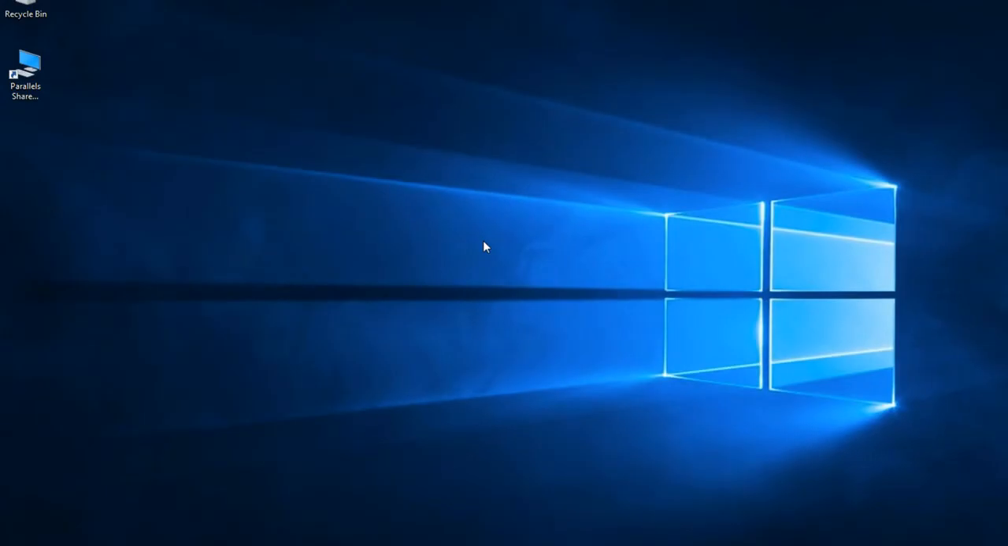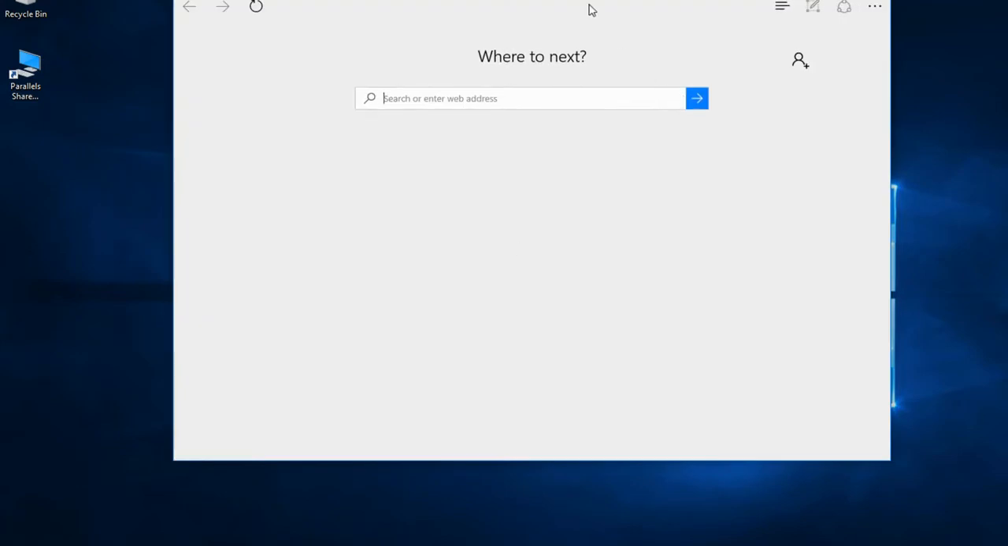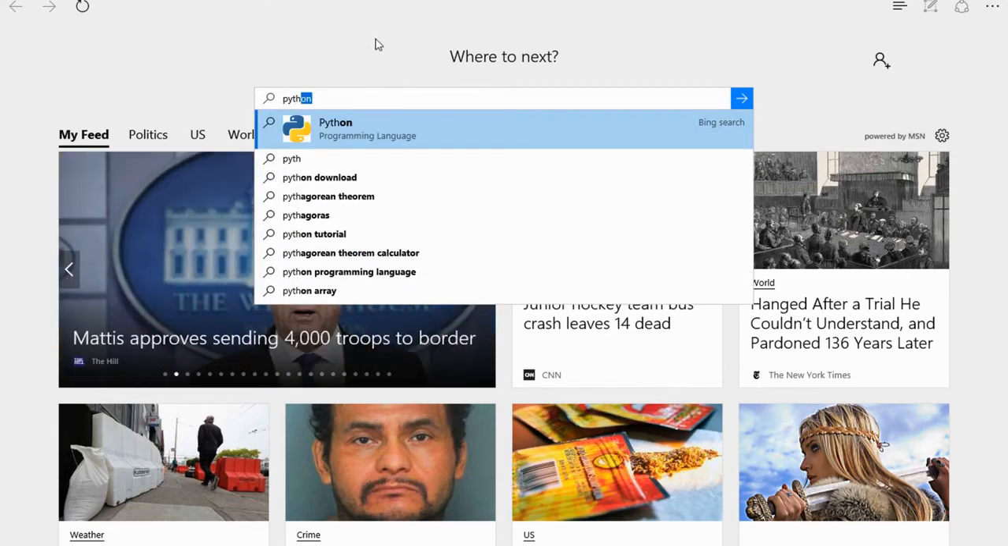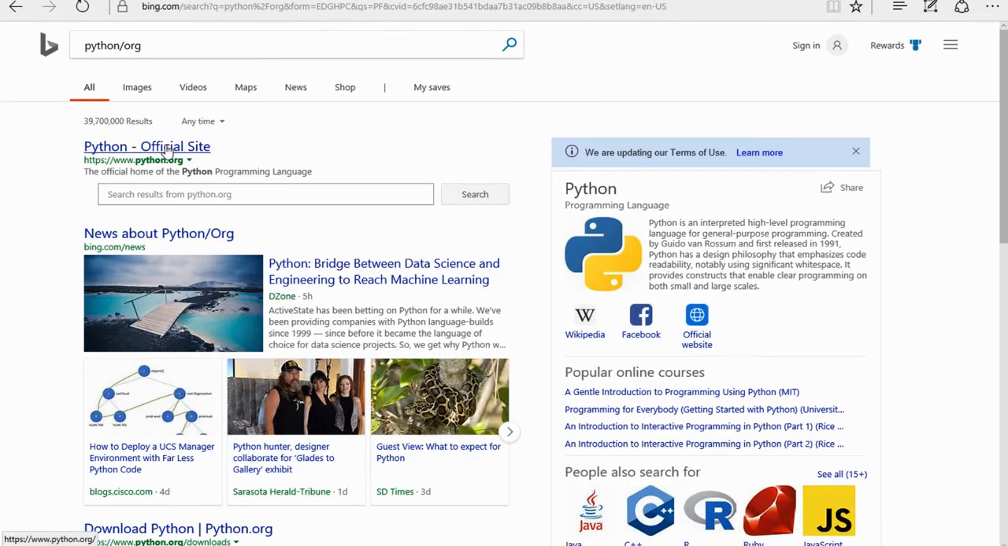The first thing we need to do to set up our environment is, of course, install Python 3. So let's do that now and open up a browser window. And within the browser window, I'm going to simply go to python.org. And within the Python official site,